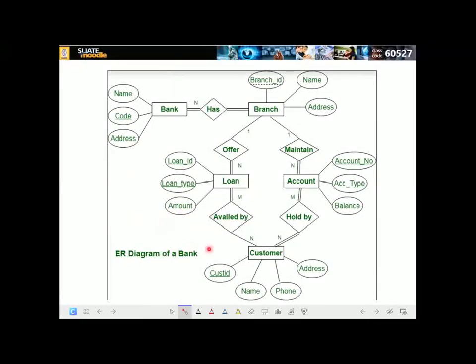Then there are several documents you have to create at this design stage. It goes exactly like this. Let's imagine